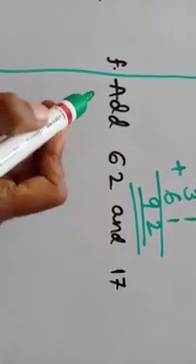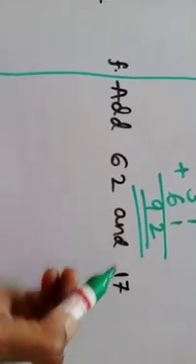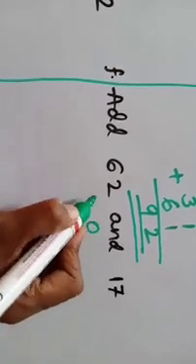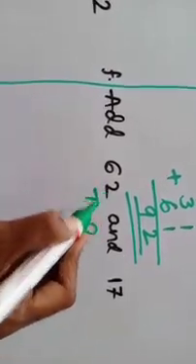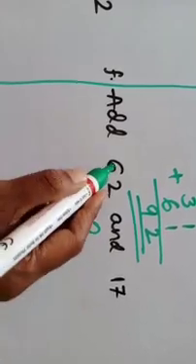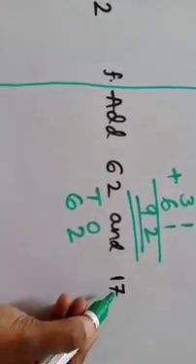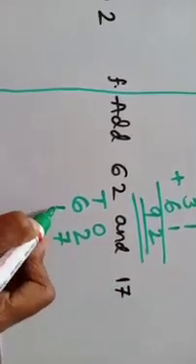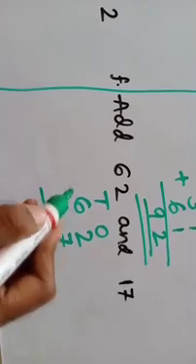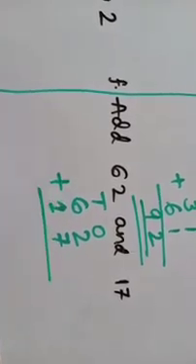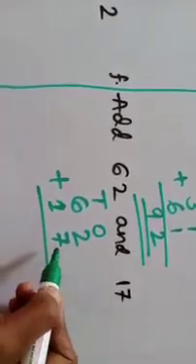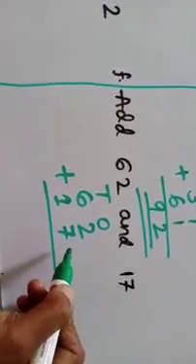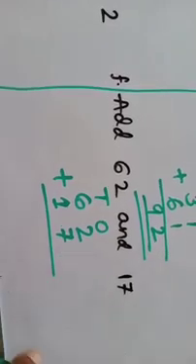The next one is add 62 and 17. So let's write the ones and tens. So 2 is in the ones place, 6 is at tens place, 7 is at ones place, 1 is at tens place. Okay, what do we have to do now? We have to do the addition. Okay, so 2 plus 7. So which is the big number, children? 7 is the big number that we have to keep in the mind, 2 in the hand.